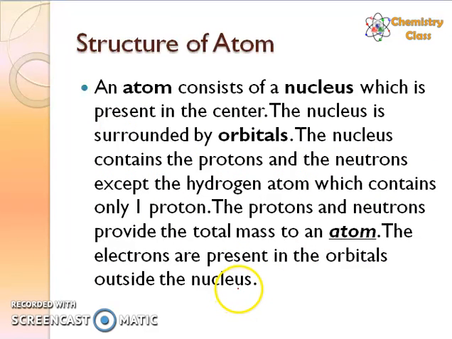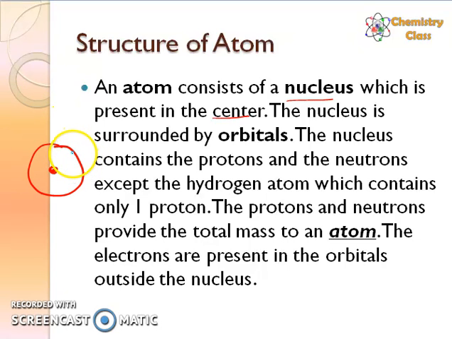So what first we understand is the structure of an atom. An atom consists of a nucleus which is present in the center. For example, if you just consider this is the structure of an atom. You have a nucleus inside here. Okay. So this is present in the center. The nucleus is surrounded by orbitals. And in the orbitals, you have